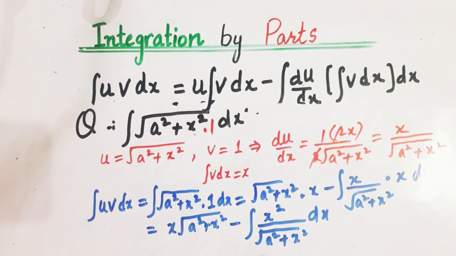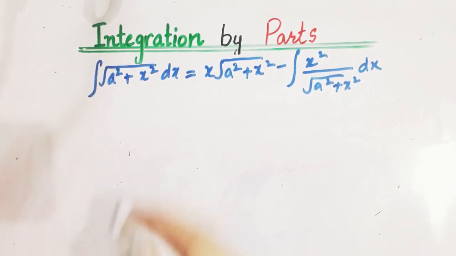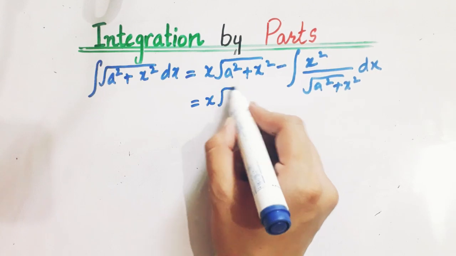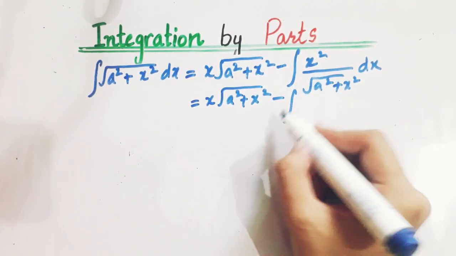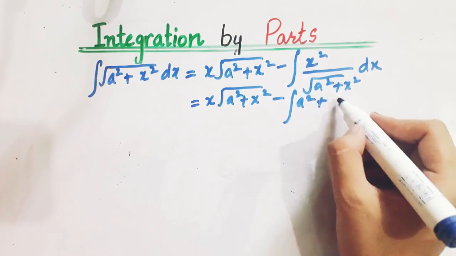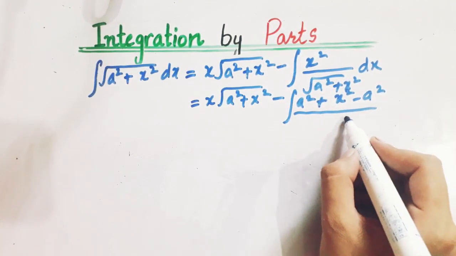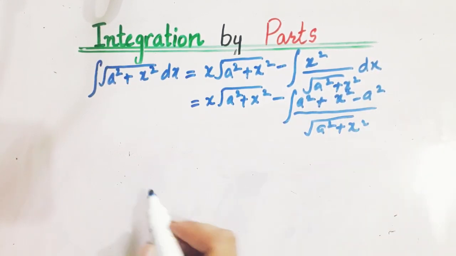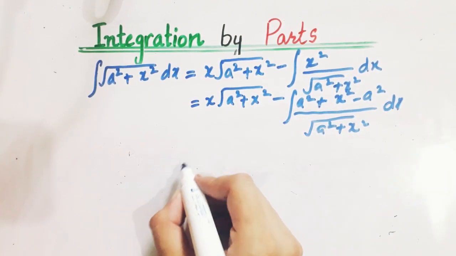Now how we will solve this? For this purpose we will apply a method. We will write this as it is, and this can be written as a square plus x square minus a square, divided by square root a square plus x square. We have added a square and also subtracted. Then we get this as